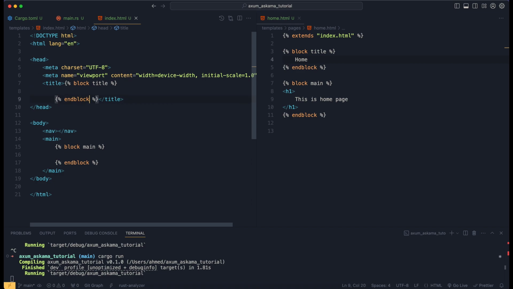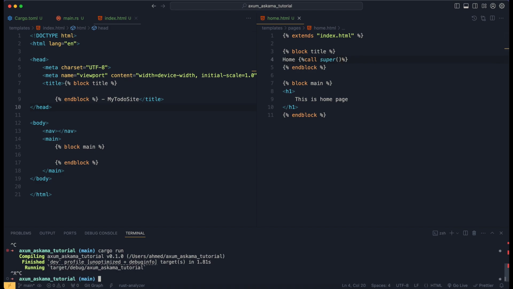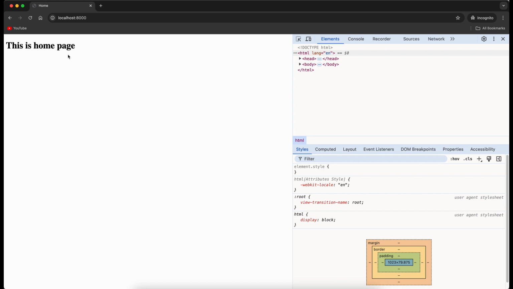So outside of this block, we can just say my site, or you can name it any name you want. Let's call it my to-do site. And now we have to call super.prom inside this block, and that will invoke this text. So let's add open and closing curly braces, and inside that call super. Now again, if we restart our server and go to our website, you can see that our page